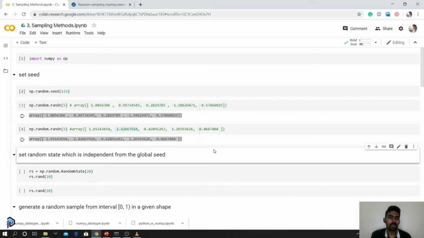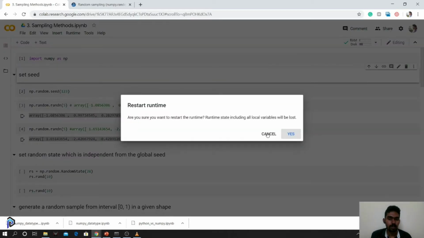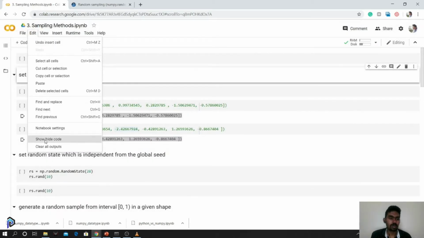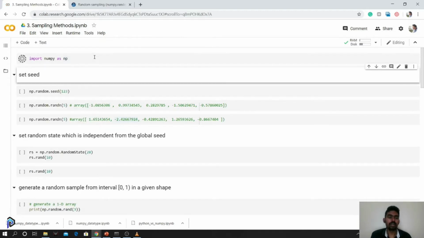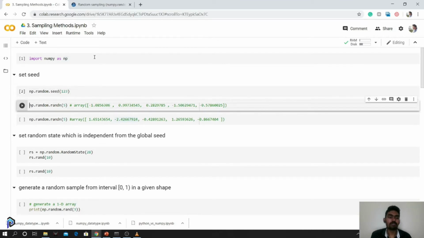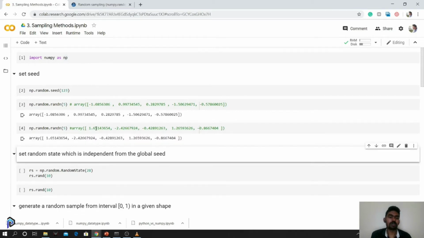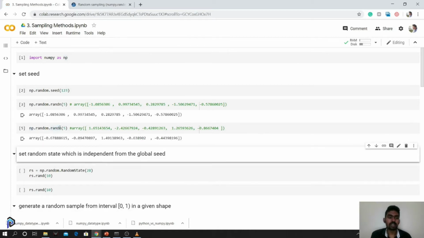So what we are going to do now is restart the runtime. All the things should be lost, and I'll also clear all the outputs. Even if I run it from the start again, it would generate the same set of random variables. You can see it's similar. The same values are printed: 1.65, 1.65, minus 1, 2, minus 2. But if I run the same random.random again, it would generate a different set of values.